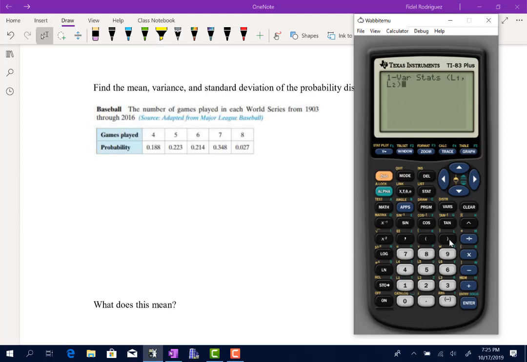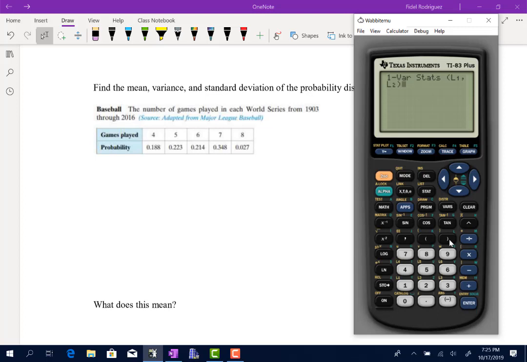All right, so let's go stat. Oops. Stat. Let me go to my list. Okay, so we said it's 4, 5, 6, 7, and 8. And then the other one is 0.188, 0.223, 0.214, 0.348, 0.027, like that, right? So then, guys, just to show you, if your calculator looks slightly different like this one,